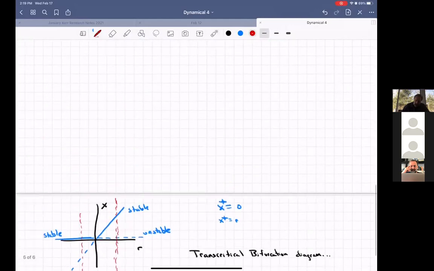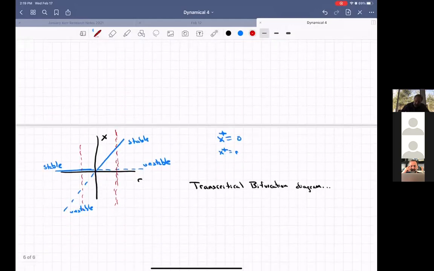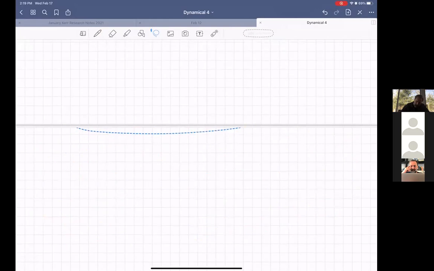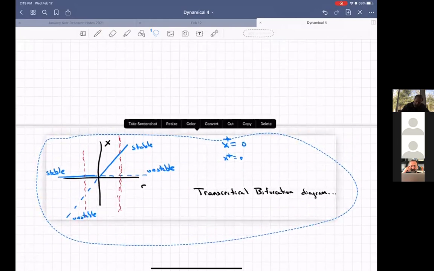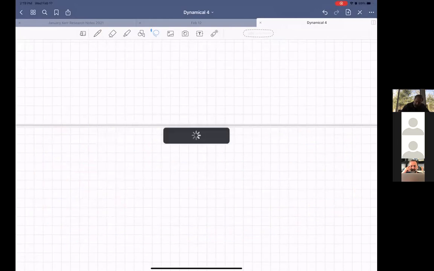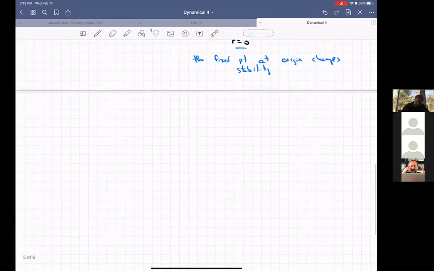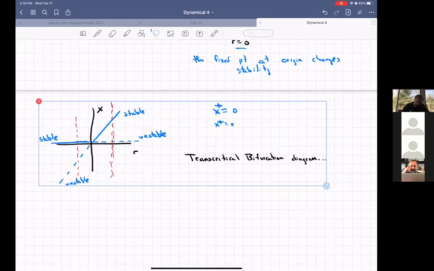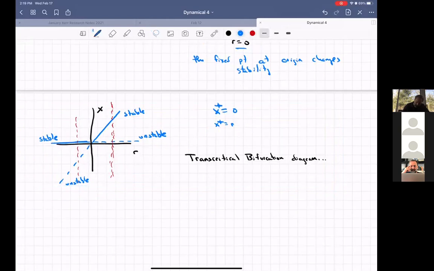Oops, that's not where I wanted to put that page. No, let me do that. Cut. Now,